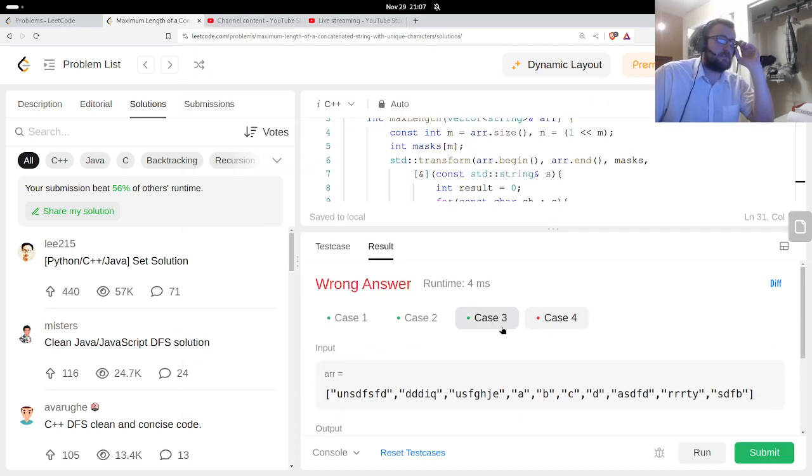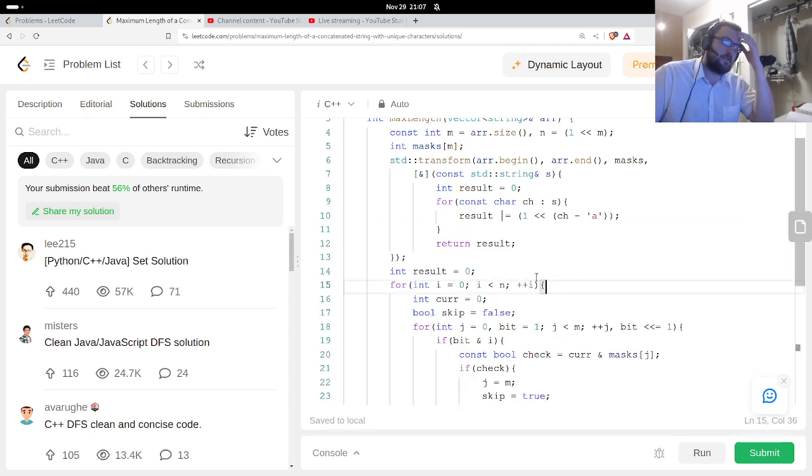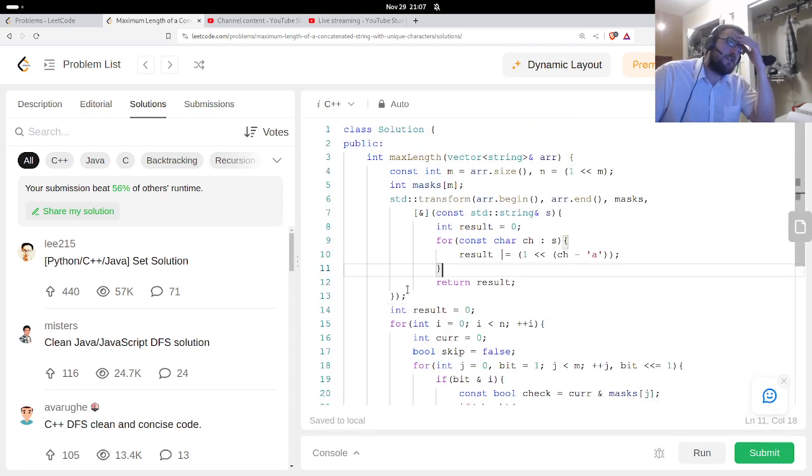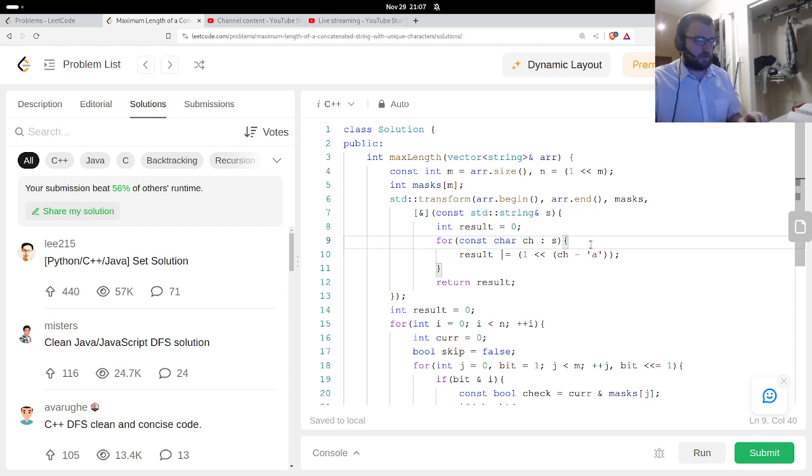Wrong answer. 16 should be 1. Okay. Just, I think replace it with a 0. Just do a check also, I think.